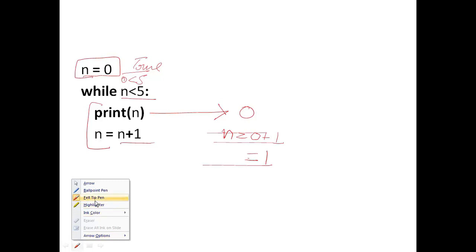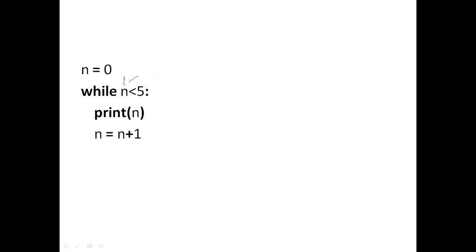And we'll again check whether 1 is less than 5 or not. In this case 1 is less than 5, this condition is again true, so we will again print the value of n. First we printed 0, then we will print 1. Similarly the value of n will be updated by plus 1, and the condition will be tested: 2 is less than 5, so this is also true, so we will print the value of n as 2. Then it is updated by plus 1, so the value becomes 3, and 3 is less than 5, the condition is again true, so we will print the value of n.